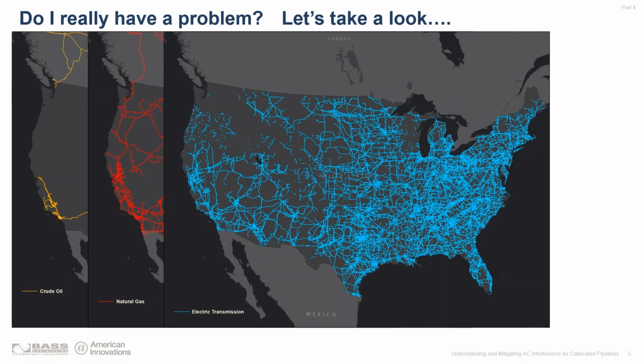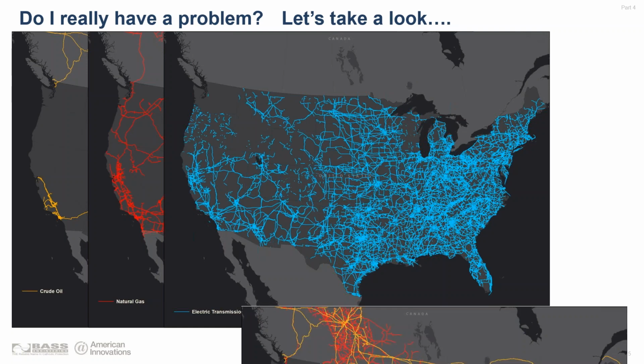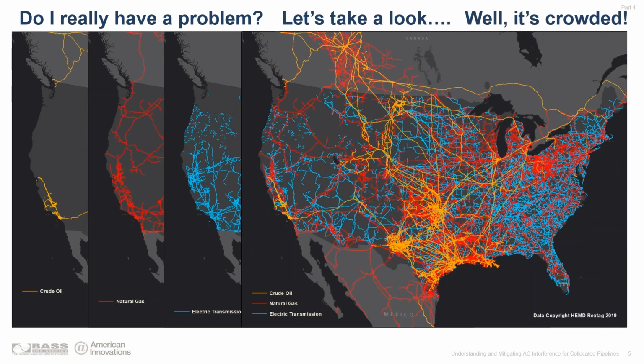So now we bring it all together into one single map. We see a lot of intersects. We see a lot of crossings. We see a lot of charged metal in the air and a lot of natural conductor metal in the ground out there. So the opportunity for AC interference is, while it is a well-known and documented phenomenon, has been around